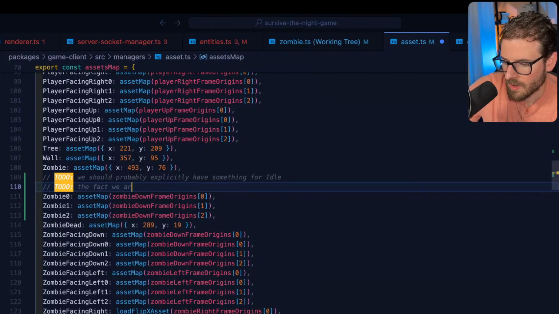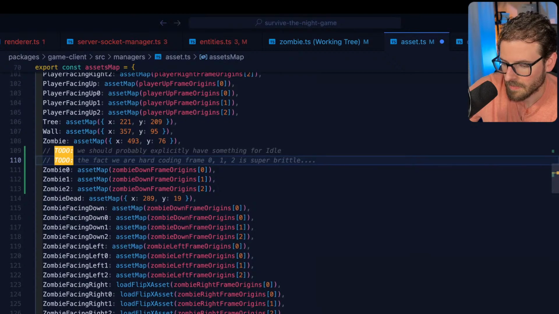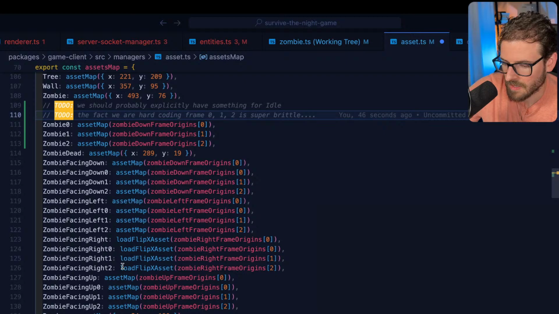The fact we are hard coding frame 012 is super brittle. But maybe that's just the name of the game.